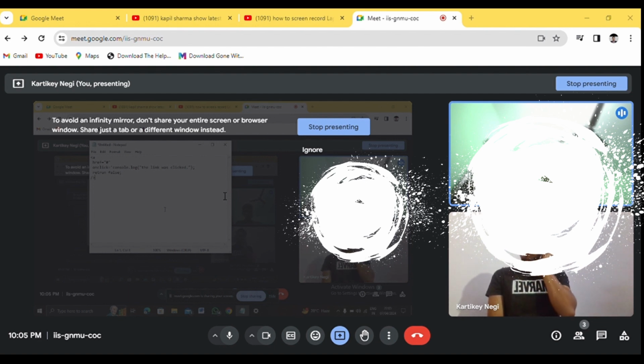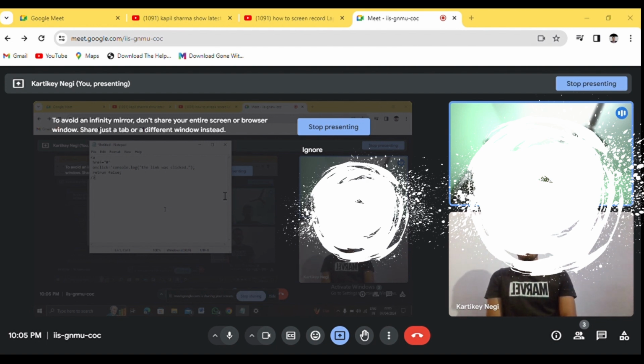So whenever you click on the anchor tag, you will see in our console the text "the link was clicked" printed, and after that we have used the return statement, which is another use of event.preventDefault. On clicking, we will have the text on the console, the link was clicked, and immediately after that the page will get refreshed because we are using href equals to hash.